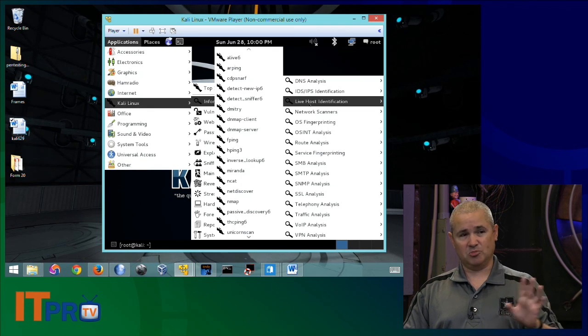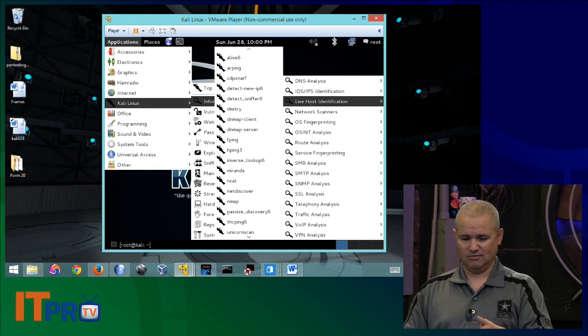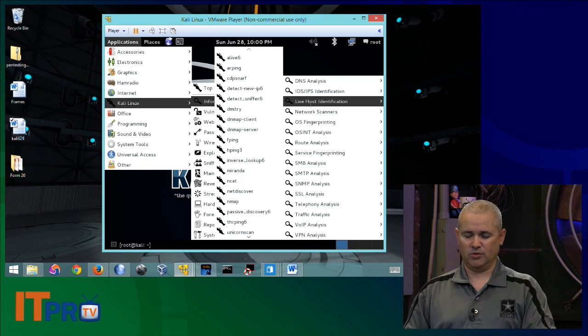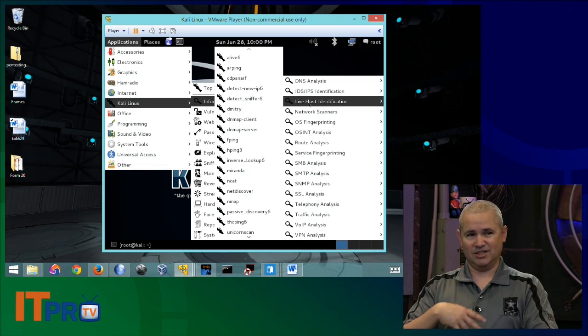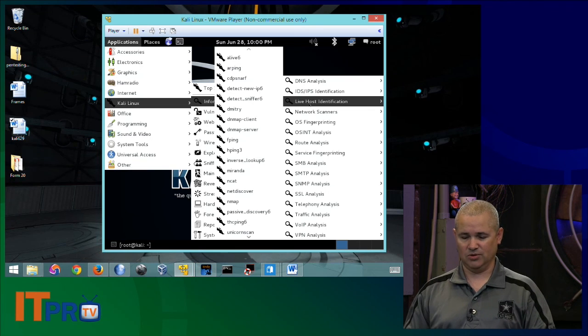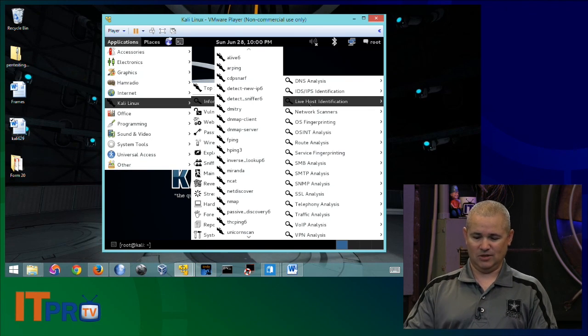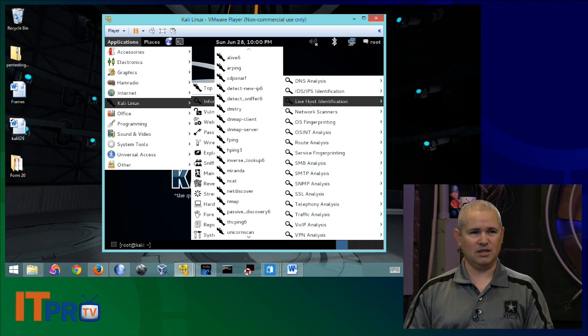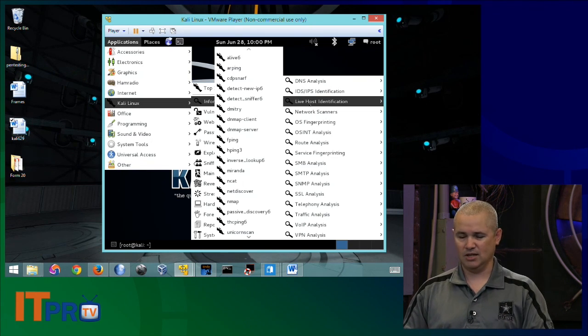I mean, some of these things, by the way, if you look at this, and we'll look at this when we get further in. But this live host identification, when you look at this, also shows you the diversity of tools. If you look really close, you can see that some of these tools have a 6 after them. They've got tools that are specifically designed for IP6. So there's tools here that are readily designed to work with that now.